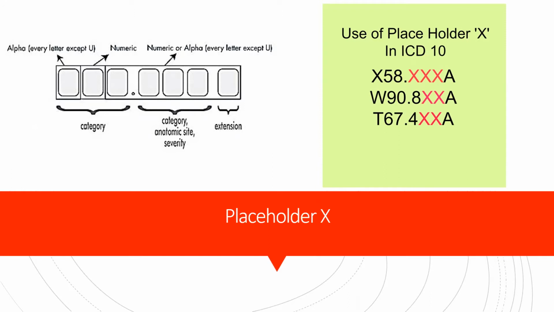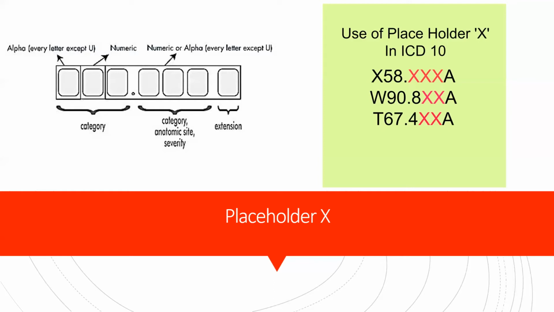episode of care. But that code is not yet extended to 6 characters. This means that the code must be extended to 6 characters so that the 7th character may be added. In this case, it is necessary to insert what is called a placeholder, which is represented by the letter X, as the 6th character in order to add the 7th character. Placeholder X is used to extend a code to the required number of characters so that a 7th character extension